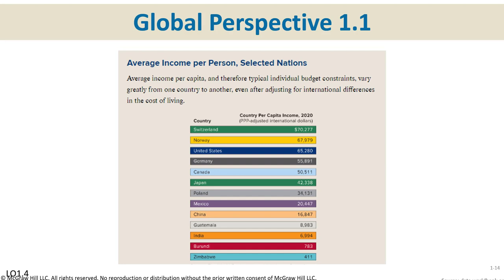In the U.S., as you can see, is right up there with a lot of wealthier countries. And then you go all the way down to the bottom, related to some poorer nations, Zimbabwe. That is not a misprint. $411 US per year. Just to give you an idea, if you are an international student listening to this and you happen to be in one of the countries that are doing well, count that as a blessing.